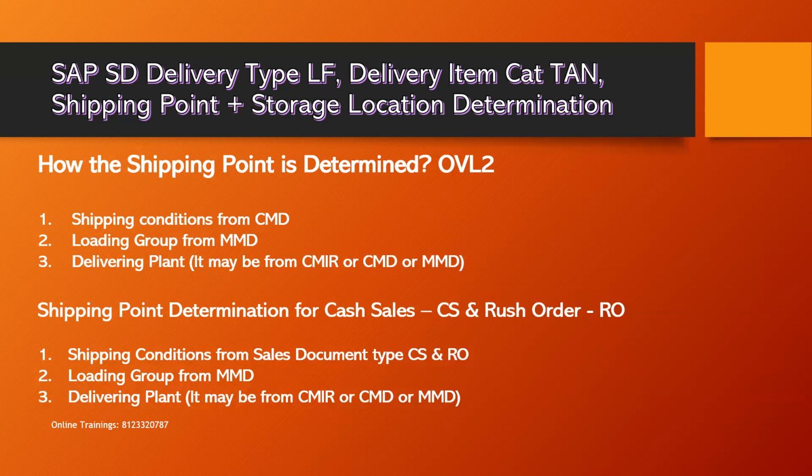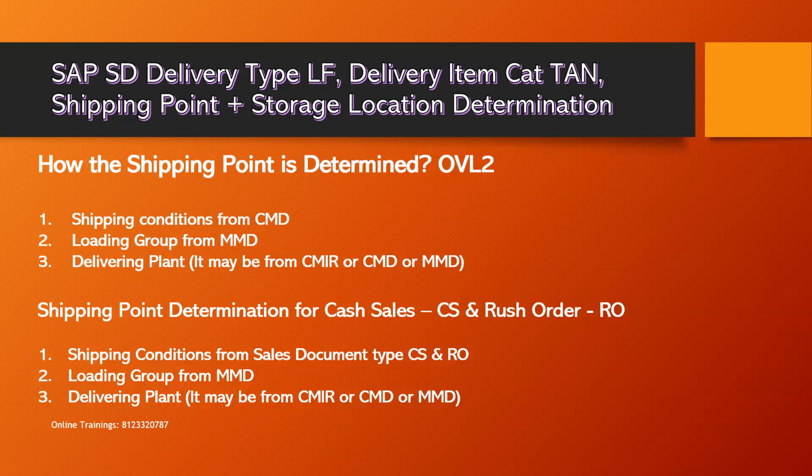So how will the shipping point be determined for cash sales and rush order? Then the answer should be like this. The shipping conditions come from the sales document type, CS and RO. If it is a cash sale, then the shipping conditions will be captured from the cash sales document type. If the shipping point is to be determined for the rush order, then the shipping conditions will be captured from the